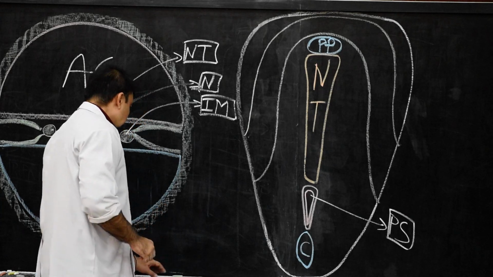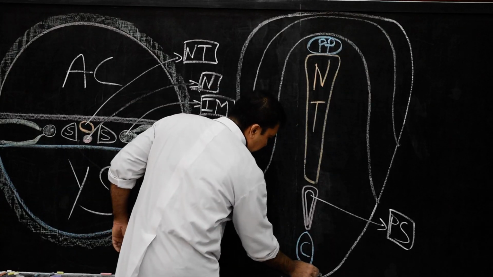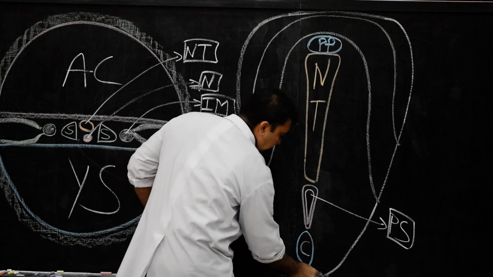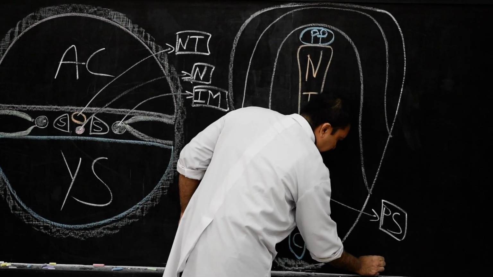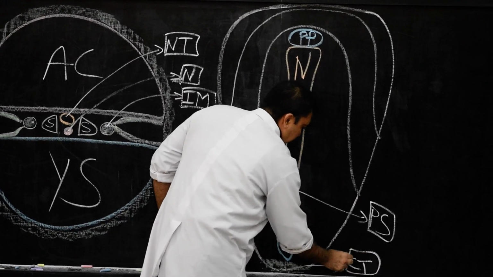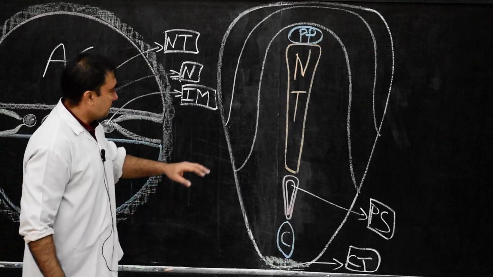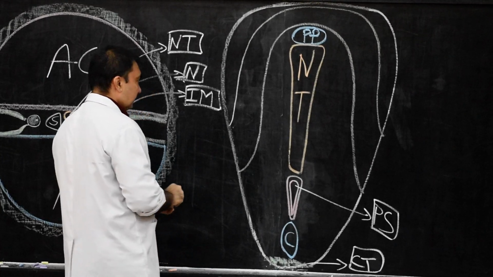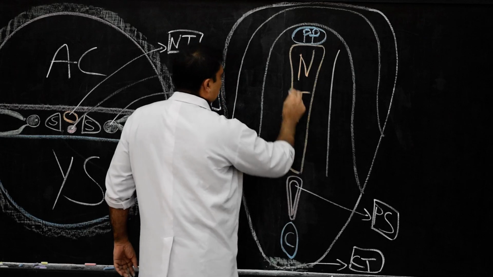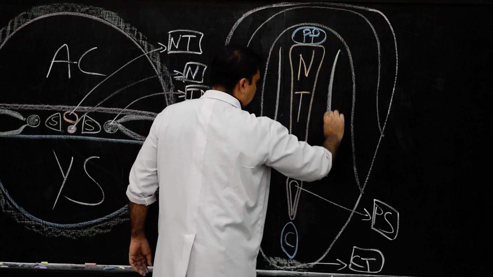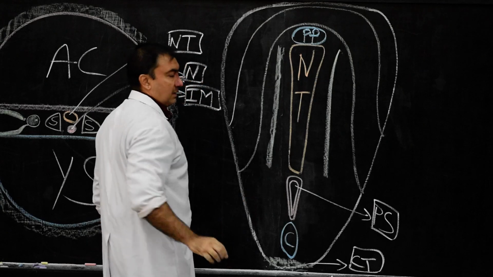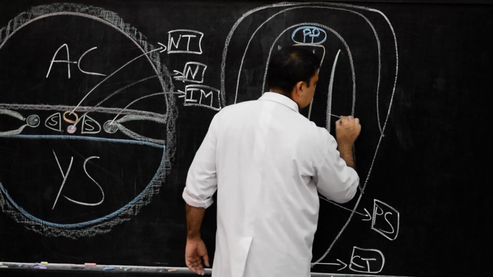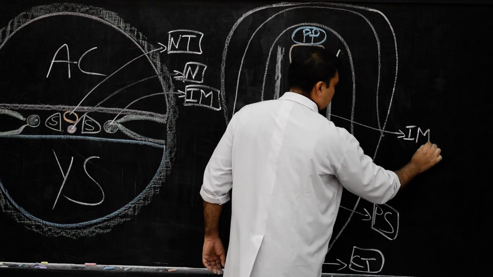And caudal to cloaca we show extra embryonic mesoderm. So this will be the connecting stalk. Just caudal to cloaca will be the connecting stalk, which we are going to mark here. After drawing these structures, what we need to concentrate on will be lateral plate mesoderm. Now the lateral plate mesoderm, and here of course we know this longitudinal groove on both the sides, 1 and 2. These two longitudinal grooves are called intermediate mesoderm. So we are going to mark this as intermediate mesoderm.